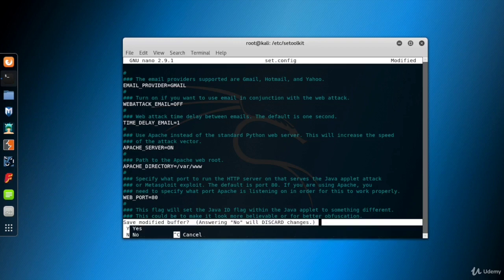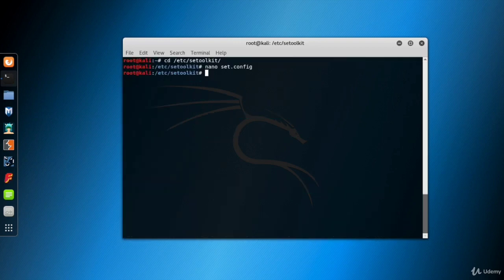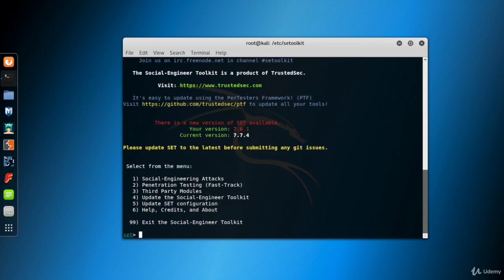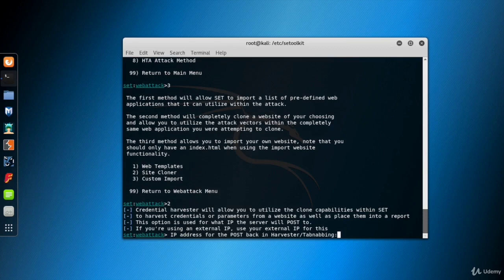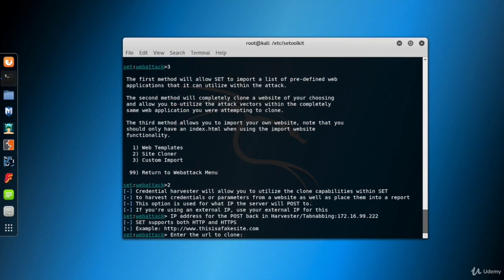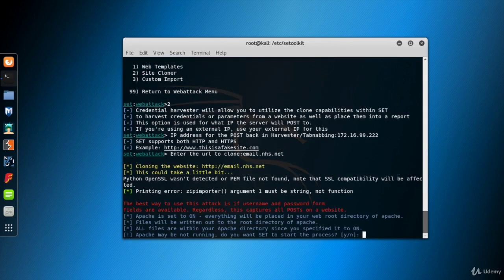And save the file before closing. Now run the SE Toolkit again. Follow the menus again, 1, 2, 3, 2. Enter the IP address of our Kali machine as postback IP address. Enter email.nhs.net as the URL to clone. The same error message is here again,